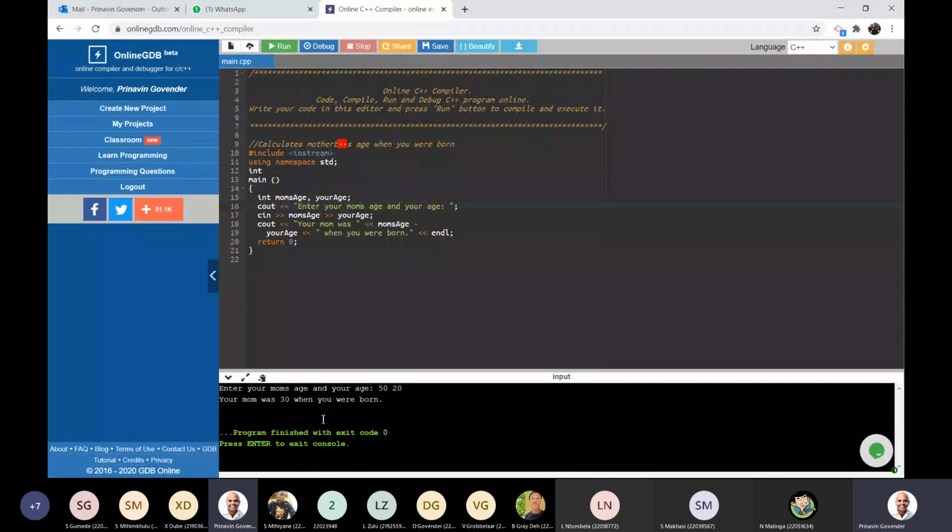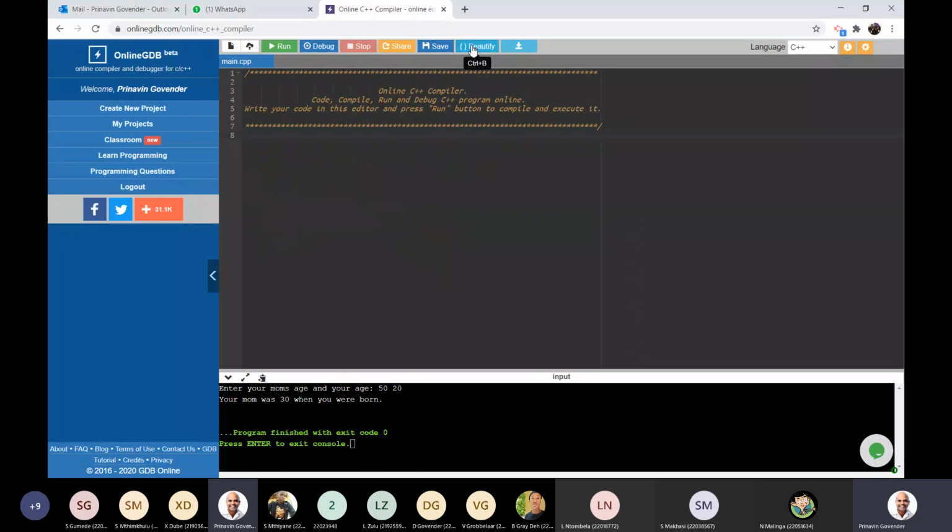Here's my output in the bottom. So let's see what happened here. It says in line number 15 is where I had a variable declaration. In line number 16 and 17 is where I requested input from the user. In line number 18 is where I declare, oops,